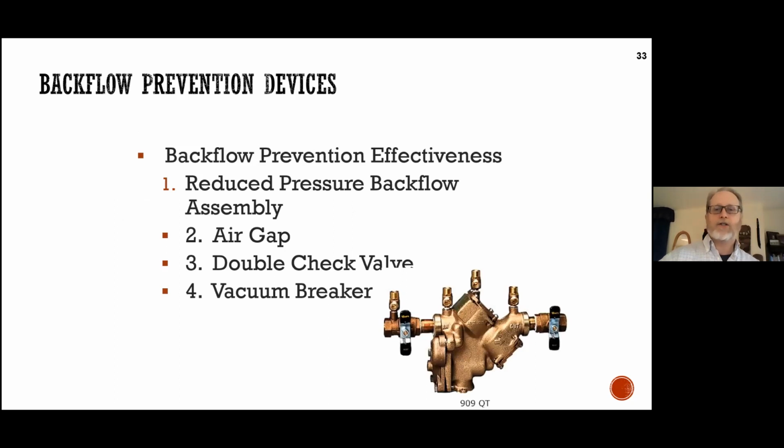The higher the hazard to human health, and that's really what the American Water Works Association is talking about, along with local plumbing codes, if it can make someone sick, then it needs to be the highest level possible of device or assembly, and that is the reduced pressure device, which you're going to see here. We can go to a double check valve assembly or a vacuum breaker, depending on the application. But typically, when we're looking at health related, we look at